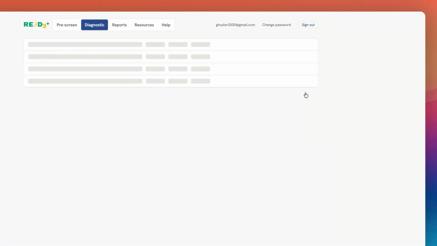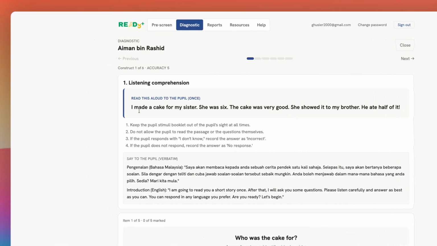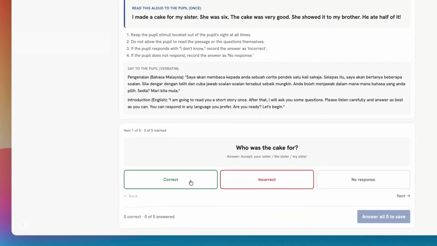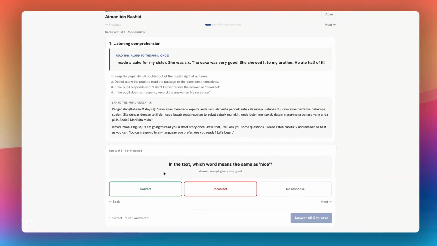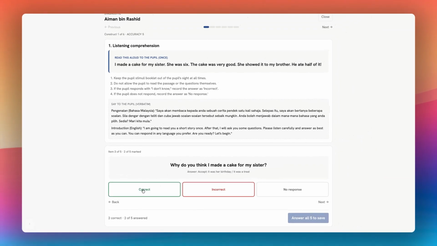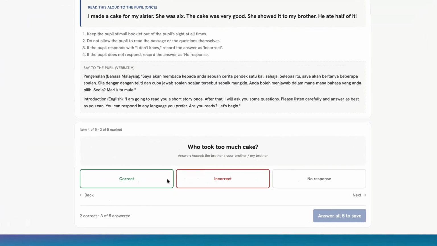Once you're ready, start the core activity by pressing the Start button, officially launching the individual pupil diagnostic. As questions appear, mark correct answers to record positive responses. Confirm each correct selection by clicking the designated Correct button. If an answer is incorrect or no response is given, select the Incorrect or No Response options to log these